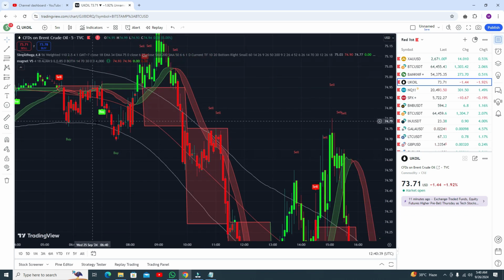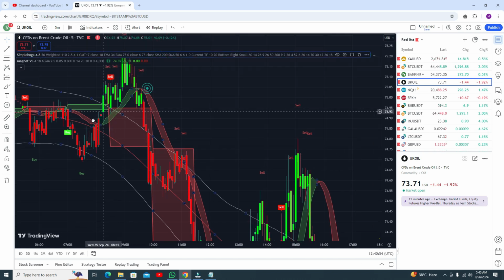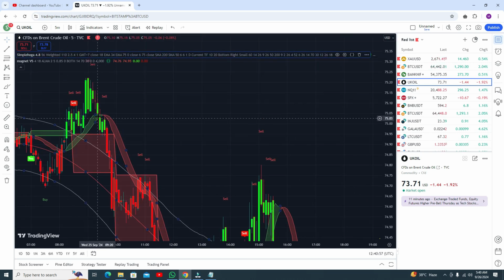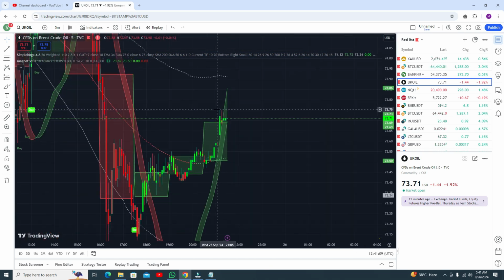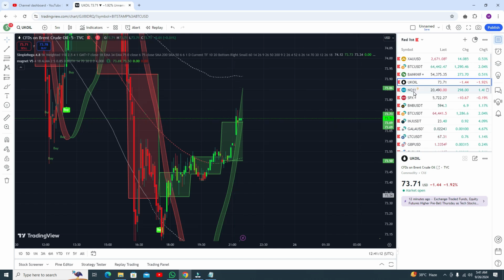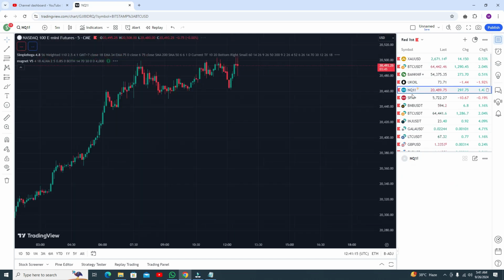At this point you can see this one is green, so you can go for the buy trade, but the RSI is not even very close to the lower band line. So if you need, you can go for the buy trade, but I recommend the confirmed signal, like when the RSI is upside from the upper band line, you are getting both buy signals and both sell signals. Okay, then you need to go for the sell trade. Okay, so it worked perfectly, and you can watch it. And this was UK oil. Let's see the results in Nasdaq.